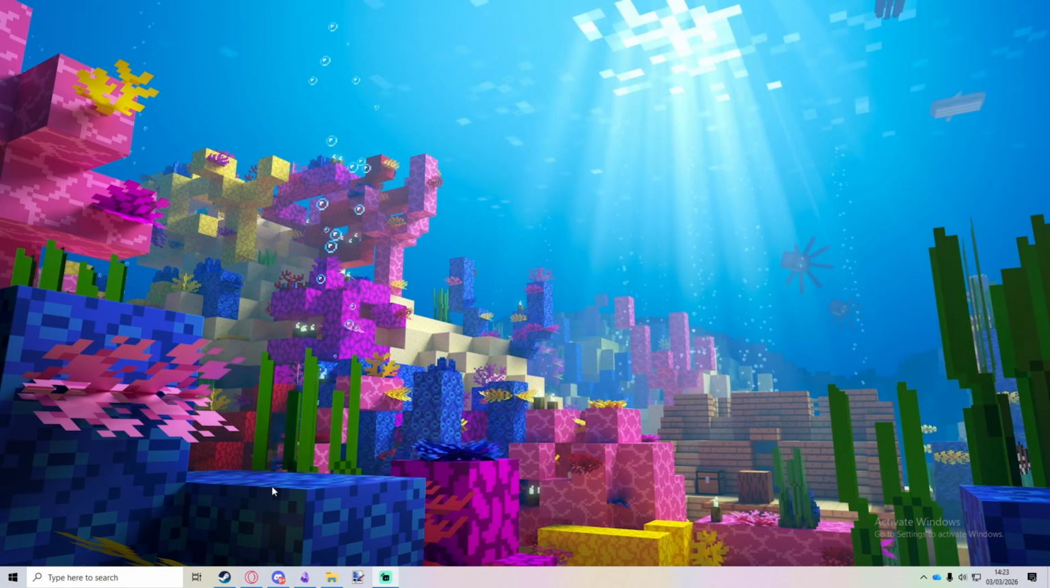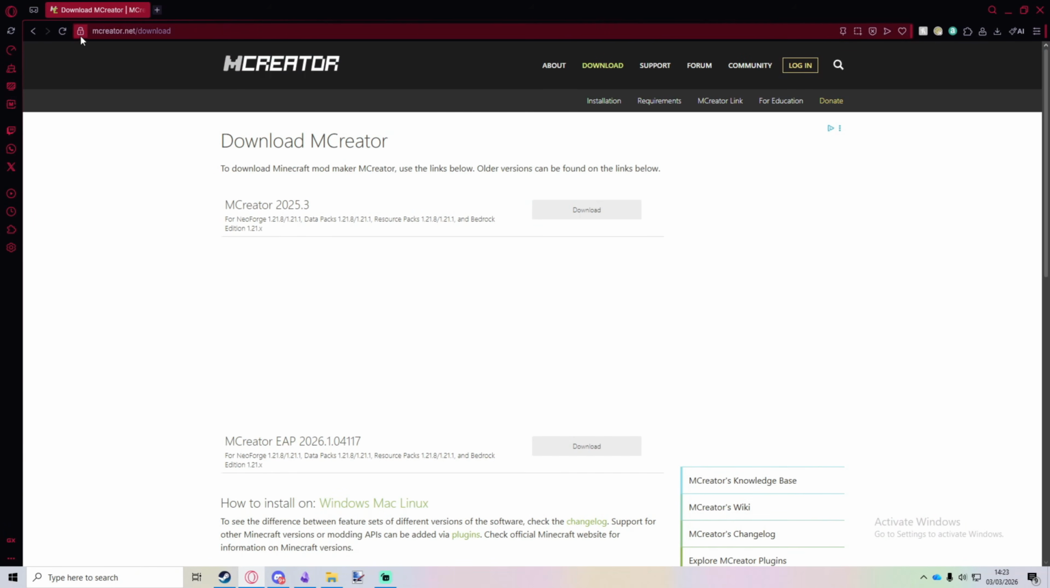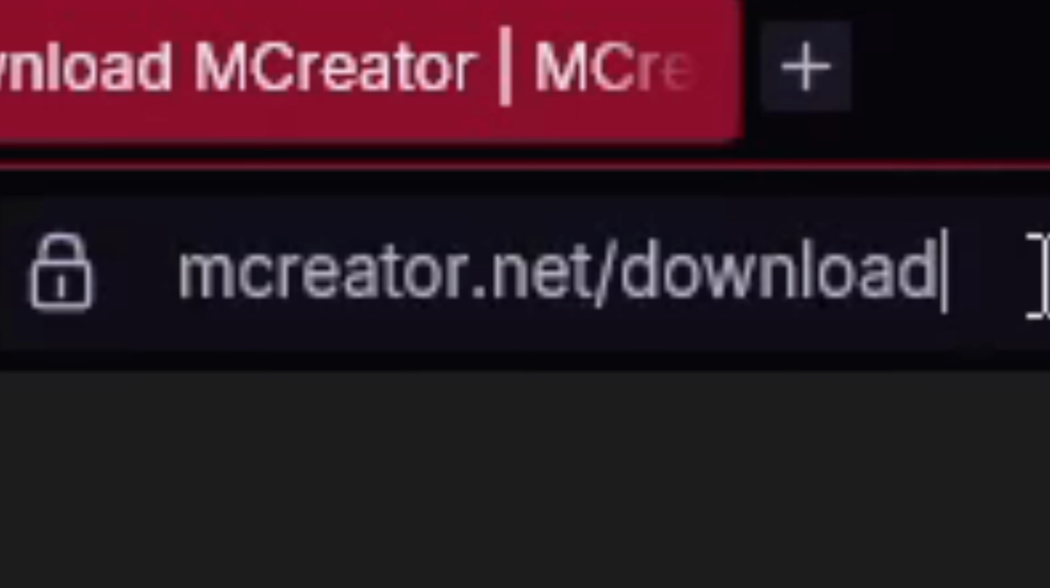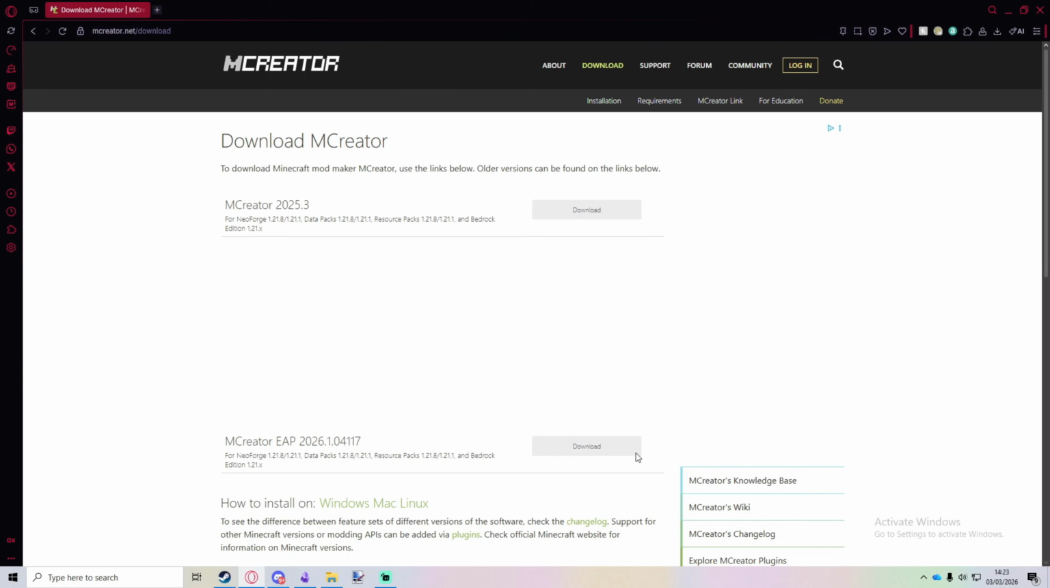So we're going to start by heading to our browser and going to mcreator.net/download, and this will take you to the MCreator webpage where you can download the MCreator application. So the current version that is recommended is 2025.3, but at the time of you doing this, it may be a later version. For example,